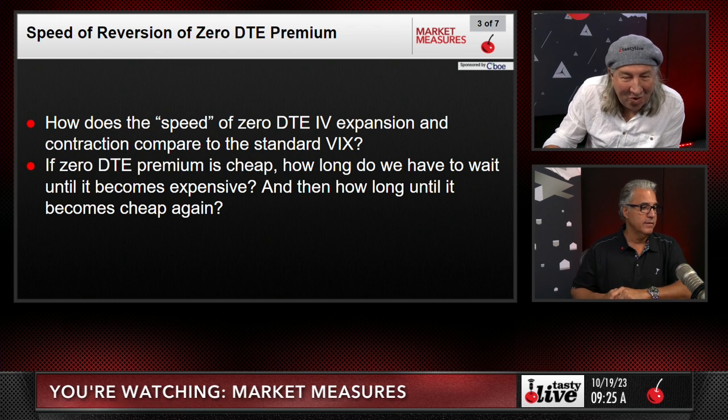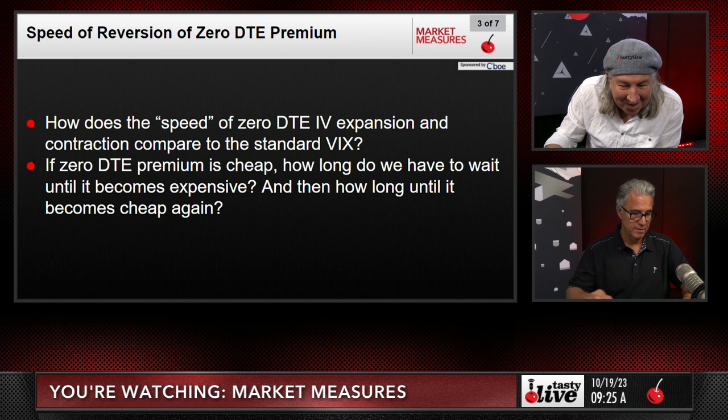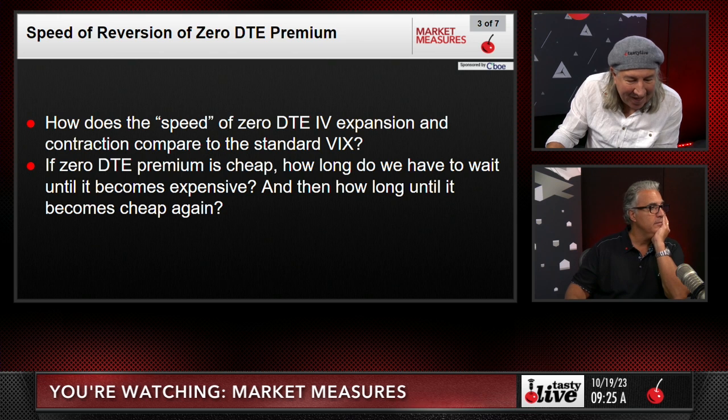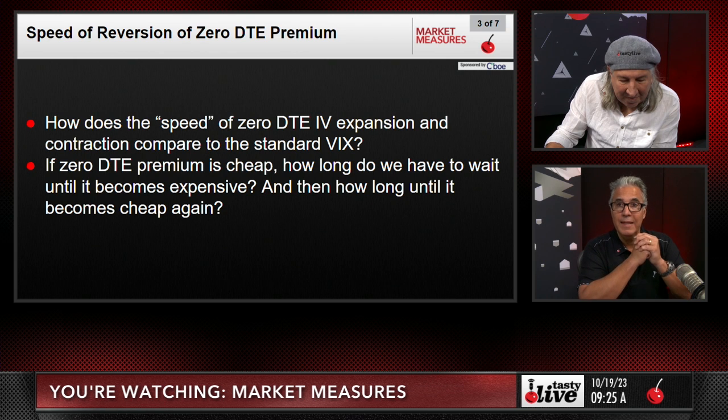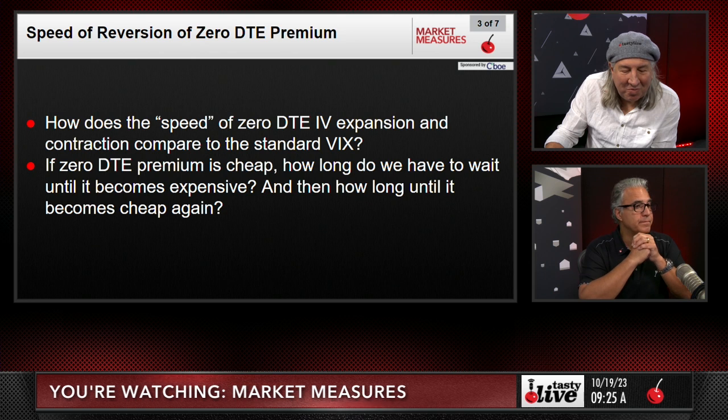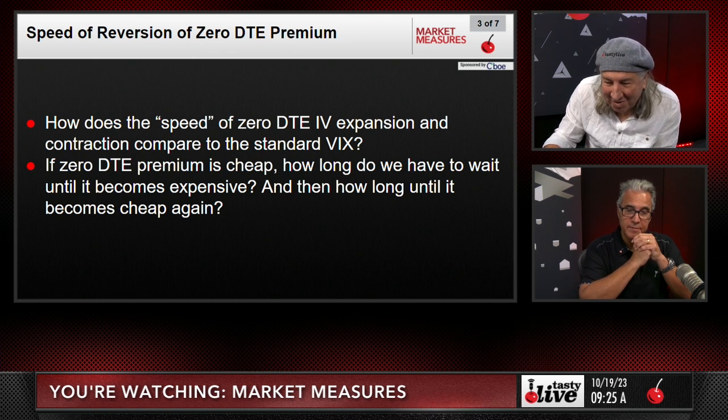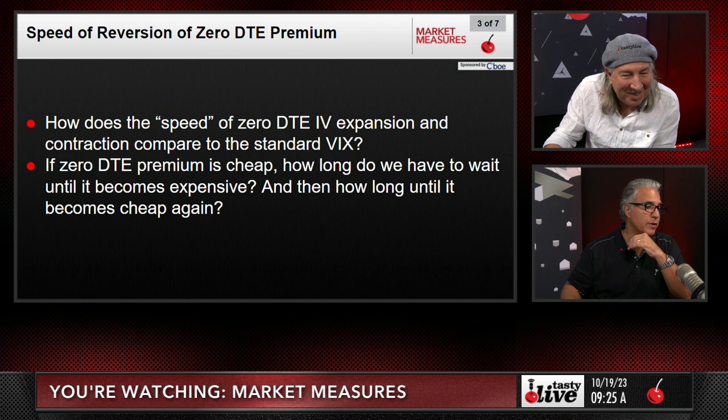So if I went to the 0 DTE right now, and let's just say I went to XSP just for the hell of it, and I sold the at the money straddle, which is the 31. XSP? Yeah. Well, it's 31 and a half. So if you did the 31 put and the 32 call, you would be doing the at the money straddle. But I don't want to teach you how to trade. Anyway, I'm just trying to do this just to prove to Anton something. $2.50 some odd cents. Really? It says 307. Well, you're doing the 31. There's $50 of intrinsic value in there.